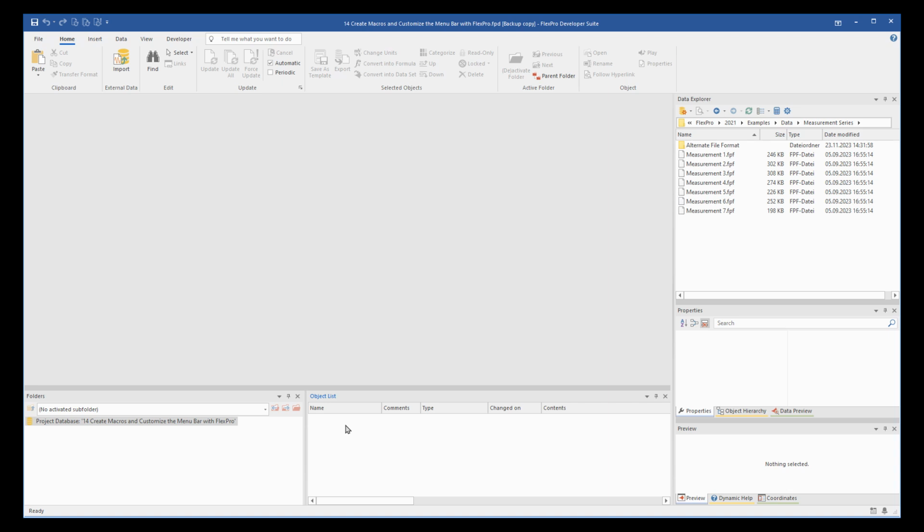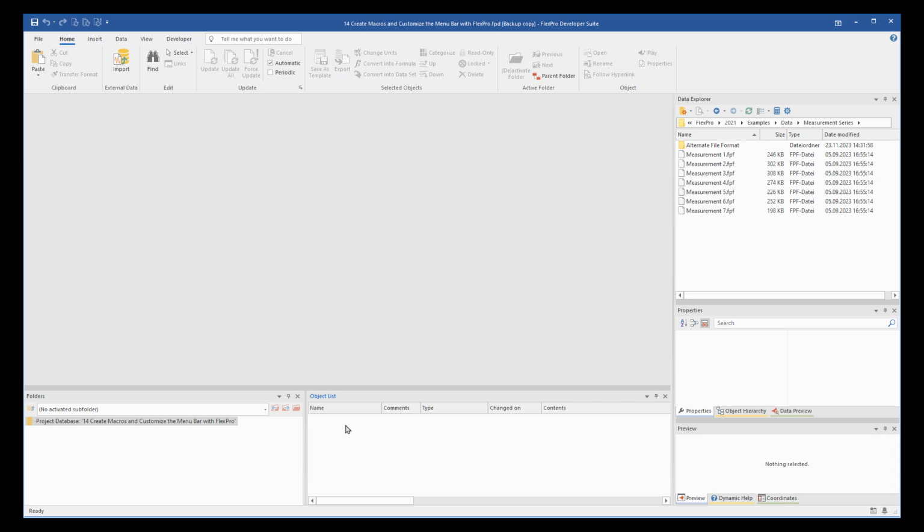Besides the scripting language FPScript, FlexPro also offers the option of programming automations with Microsoft Visual Basic for Applications. If you want to automate processes that you often have to repeat with the mouse and keyboard, or program your own wizard, FlexPro offers the option of using Microsoft Visual Basic for Applications. You are probably already familiar with this development environment from the Office package. However, please use VBA only to automate processes in FlexPro.